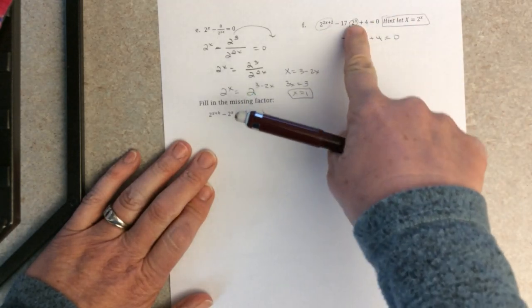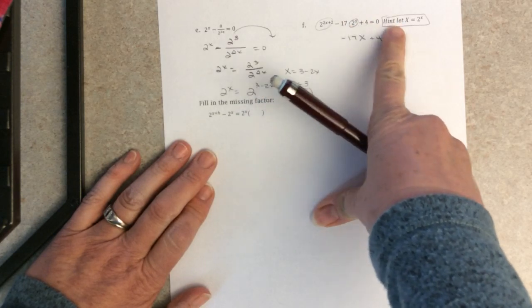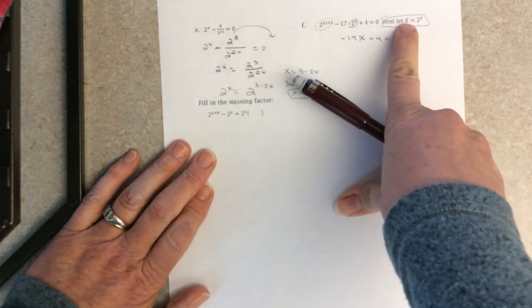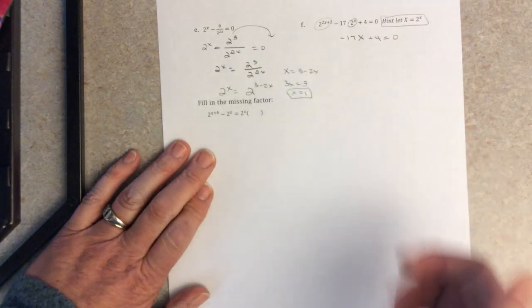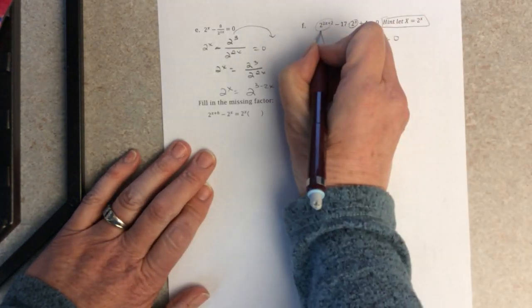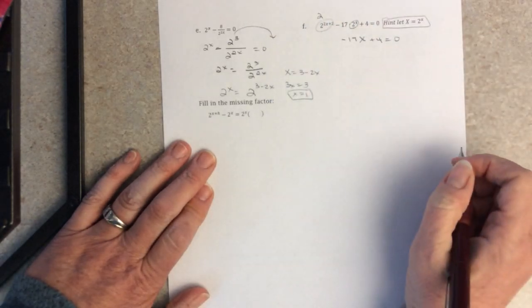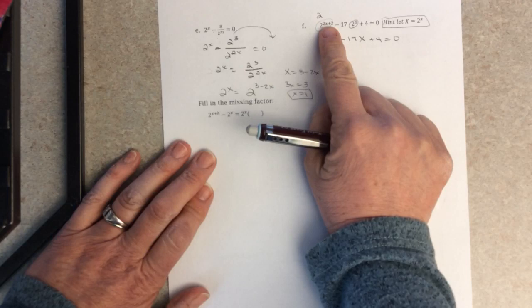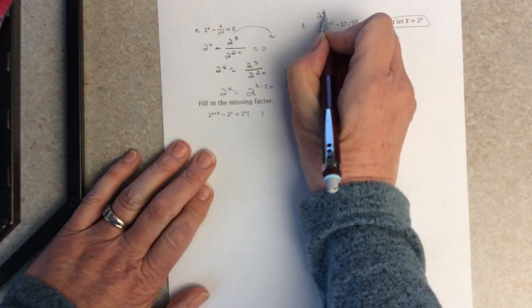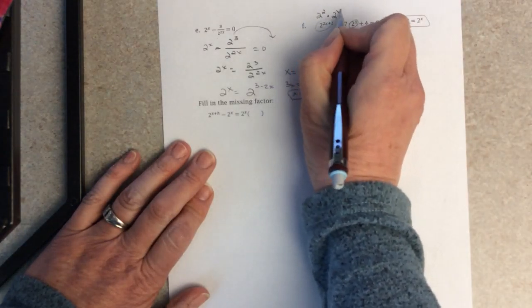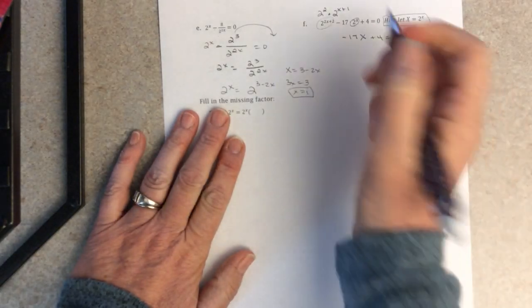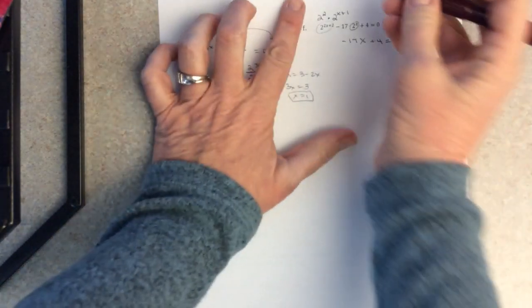So 17 times the thing I'm calling capital X plus 4 equals 0, and try to express this in terms of capital X. What you might notice is that this is like 2 to the 2nd times 2 to the x plus 1. Because if you were changing it into a multiplication problem, sorry,